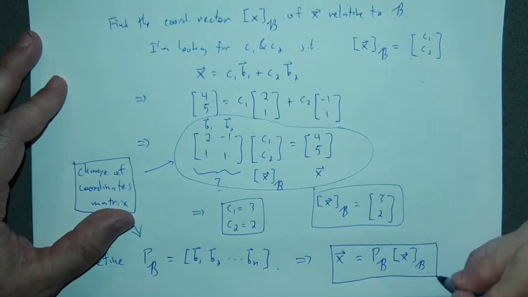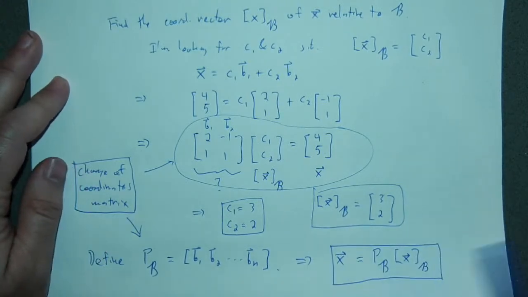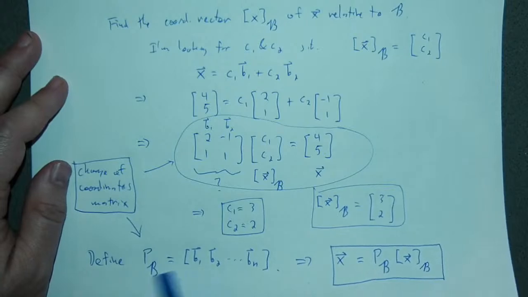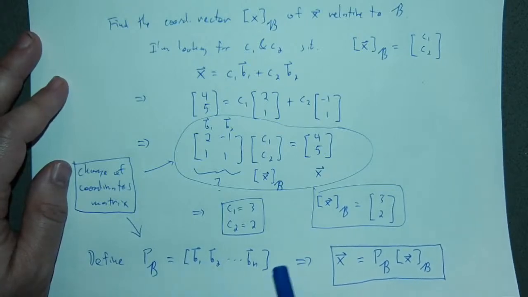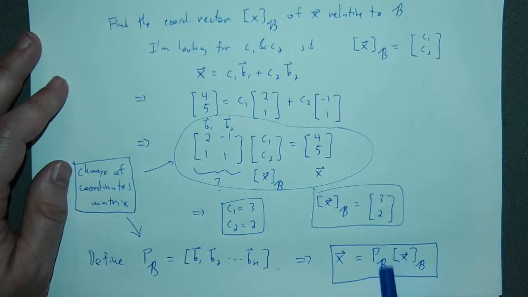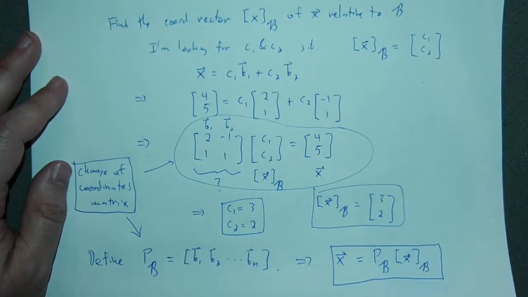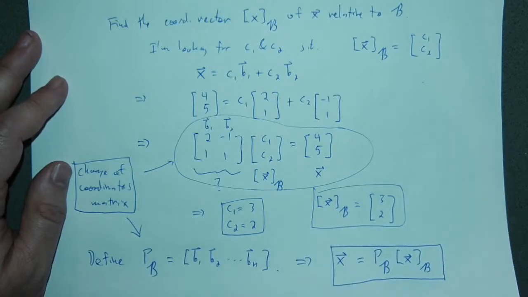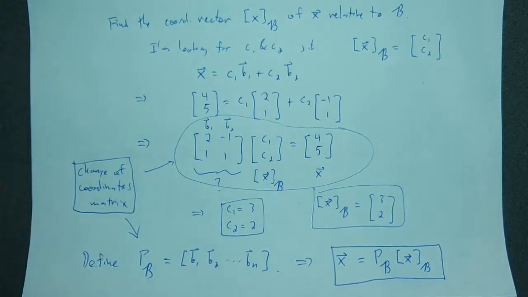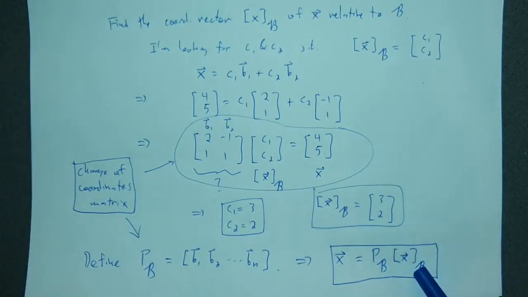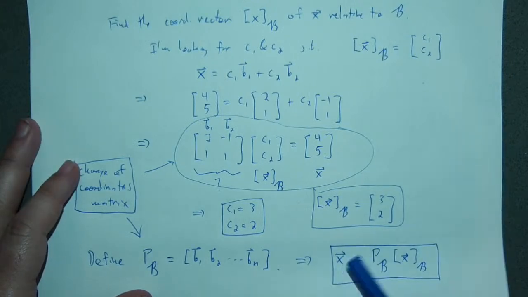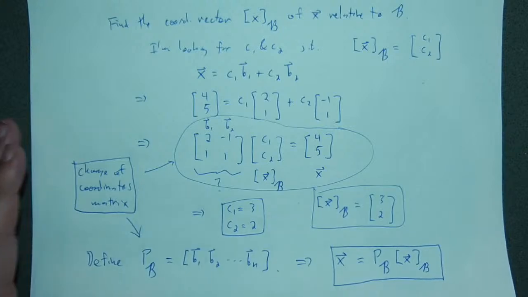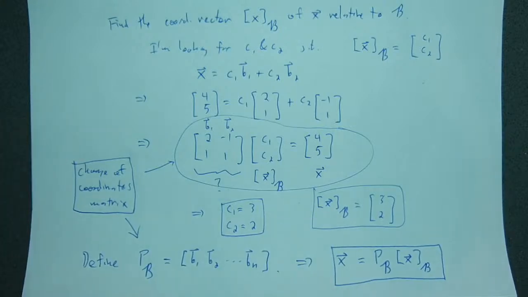So I'll write this again at the beginning of class next time. This tells me that when I have the coordinate vector on the right and I multiply on the left by the change of coordinates matrix, it changes my B coordinates to standard coordinates. Okay. So my B coordinates get changed to standard coordinates by multiplying by this change of coordinates matrix. Okay, so that's